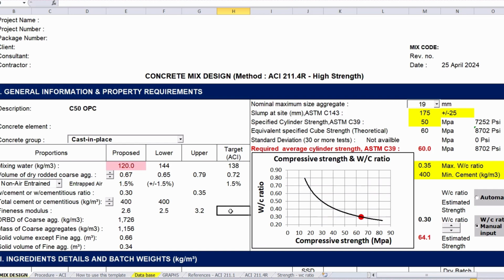Anyway, moving forward, let's simply go back to our 0.31 water cement ratio. I just wanted to show you the other side of how to use this very flexible template. So again, moving into our example, let's say 0.31 is the water cement ratio, and we are expecting 60 MPa. Now moving on to the water content, which is 138 as per ACI,